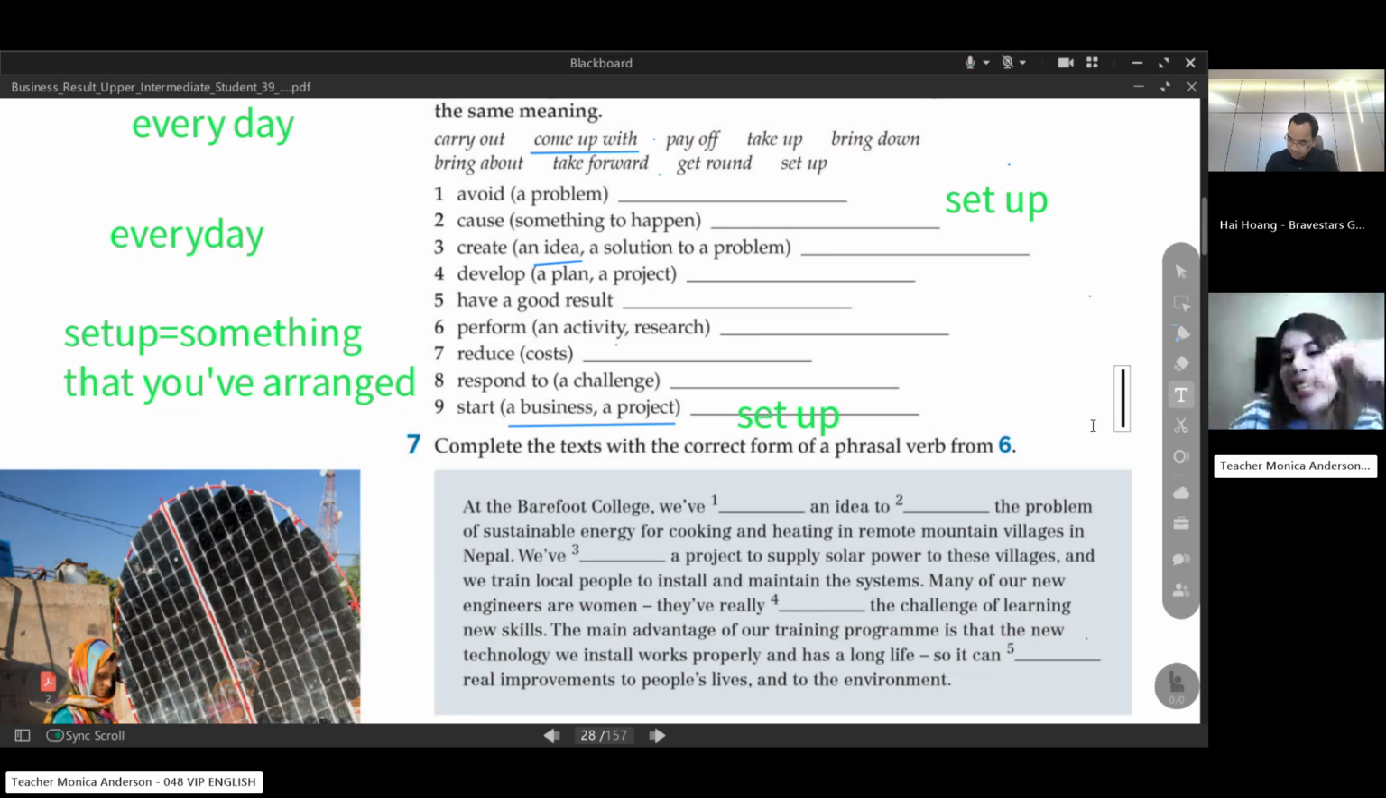So it's better. So why not get round, like deal with the problem of sustainable energy, so we can use get round. Get round the problem of sustainable energy for cooking and heating in remote mountain villages in Nepal with a project. With what? A project? Yeah, we set up. Very good, of course. And we train local people to install and maintain the system. Many of our new engineers are women. They've really